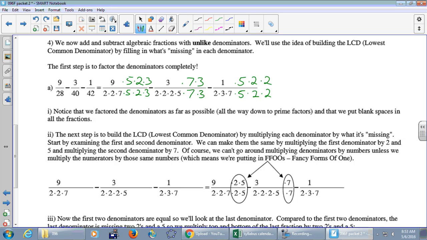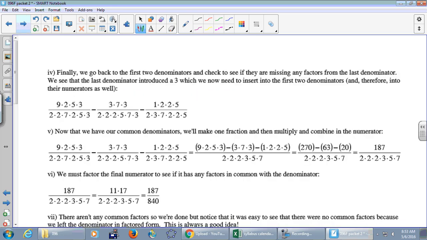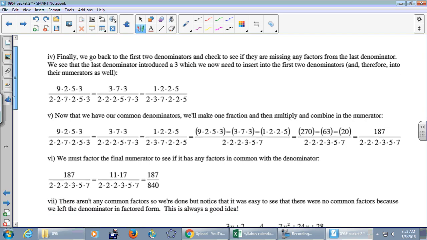Okay, so all the stuff that we just did with filling in what's missing is written out here, and there's stuff circled and foo-foos and things. So you can read that later, but we just did it. And we're just going to skip to finishing this problem. So on the next page,